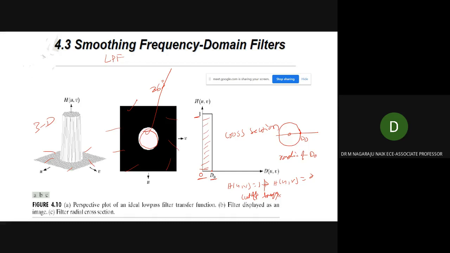The sharp cutoff frequencies of an ideal low pass filter cannot be realized with electronic components, but they can be simulated in a computer only.